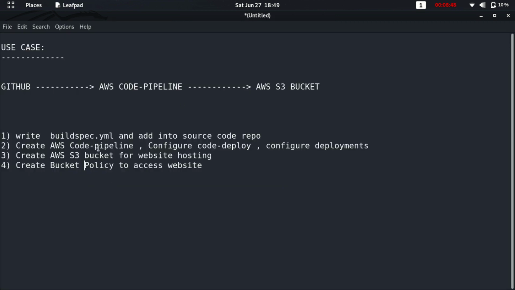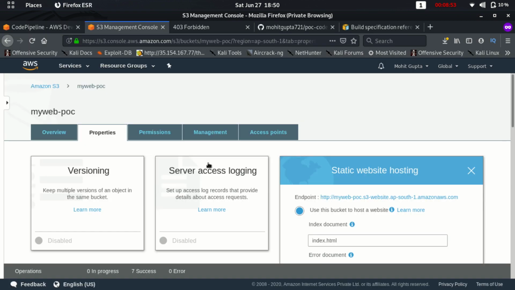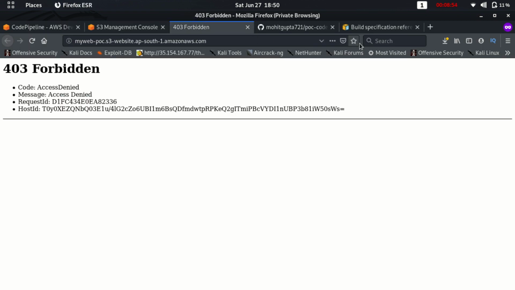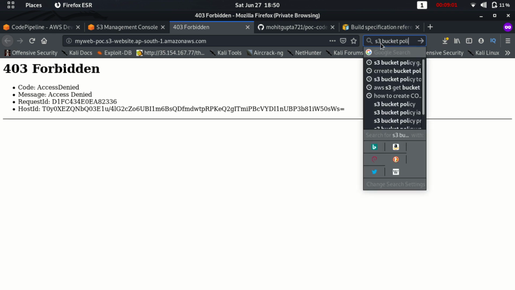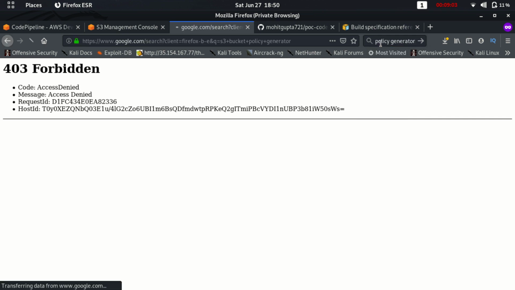So currently we are in our fourth step. So we need to create the bucket policy to access the website. So what we can do is, we can use the S3 bucket policy generator.